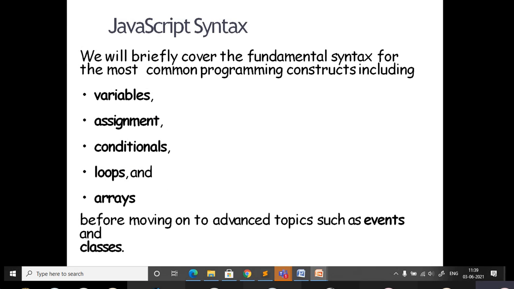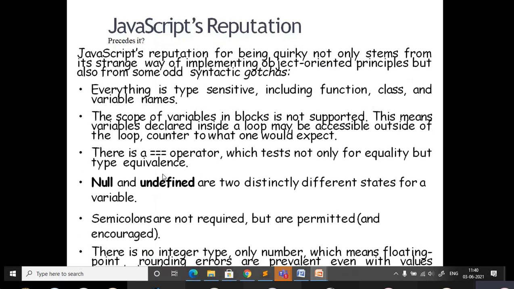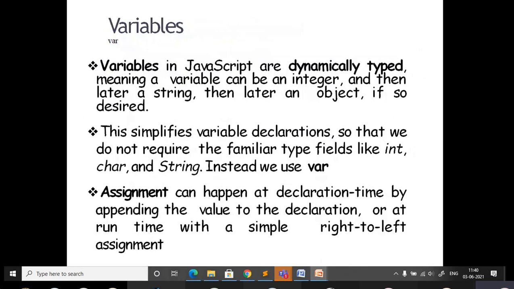Before going to this syntax, we are not going to discuss it in detail. I want you to go through one website I will be sharing. There you will be learning. In brief, I will explain the main important points: how to create variables, assign values, and some conditional statements, loops, arrays. Other than this, if you need anything, it's better to refer to one link, that is W3 Schools.